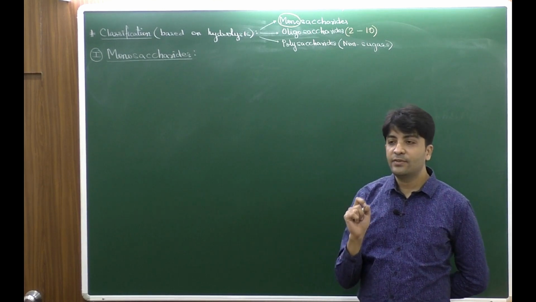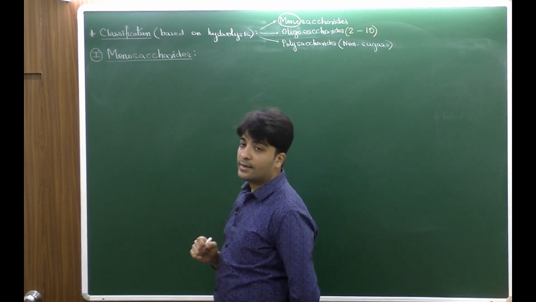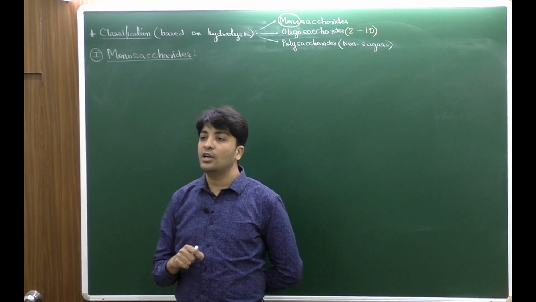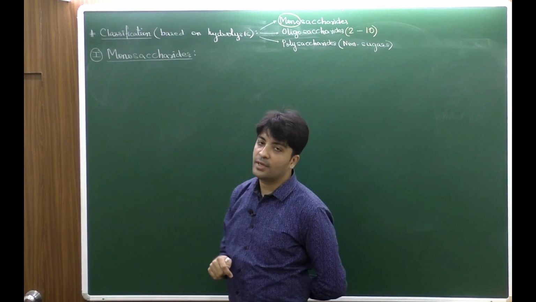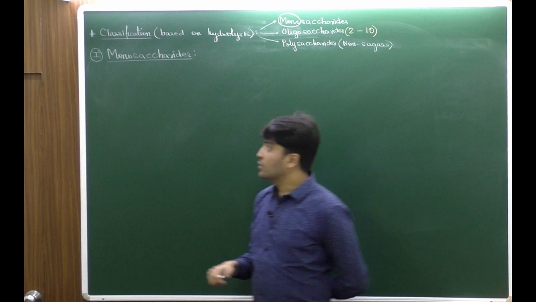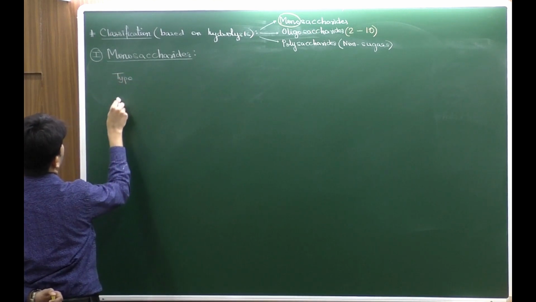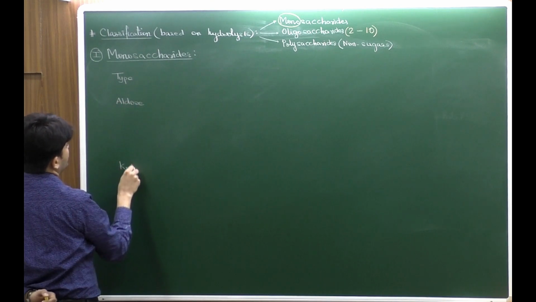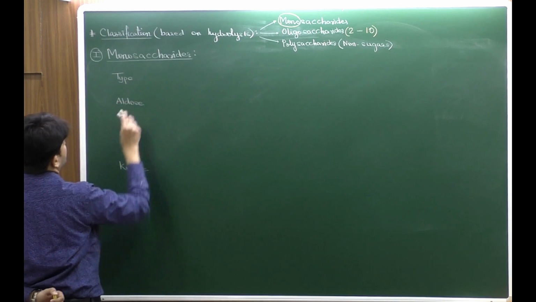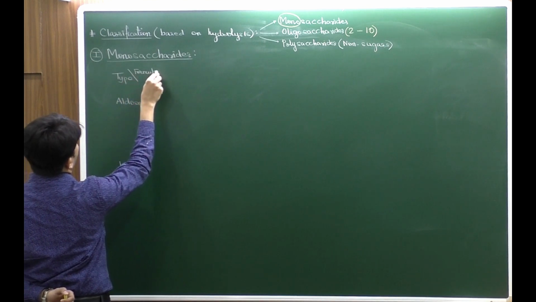Polyhydroxy aldehydes or ketones. Now, if the carbohydrate contains an aldehyde group, it is called an aldose. If it contains a ketone group, it's called a ketose. So, the types of monosaccharide which we are discussing over here are aldoses and ketoses. The formula of these monosaccharides is of the type